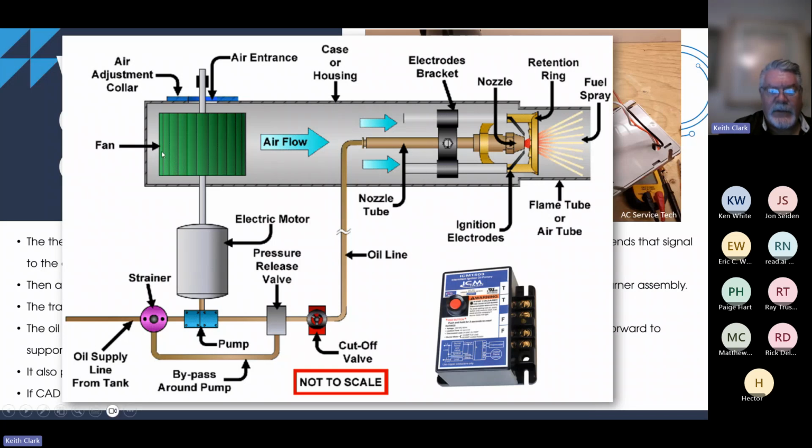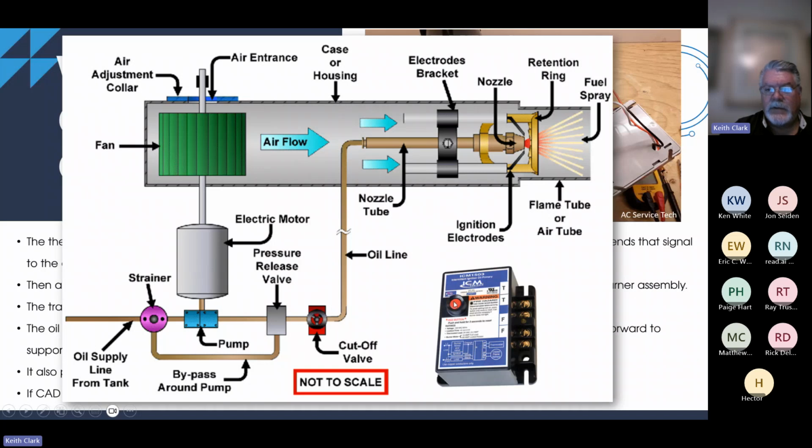And then it starts the motor and the fan, and consequently then pumps oil. So now we've got oil coming up the line from the tank, and it's going to continue up into the nozzle. And with these things fired off at 20,000 volts, you've got some air pushing through, and it's pumping oil, and it sprays out this nozzle. And then as soon as it comes out, that 20,000 volts ignites that oil with the air pushing through, and